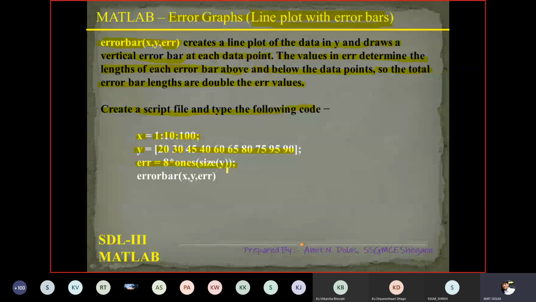This is the error function. And the main syntax or command that we are learning is errorbar(x, y, error). Error is a variable, you may change the name. Suppose it is x, y and e, then it will be errorbar(x, y, e). So let's see this.